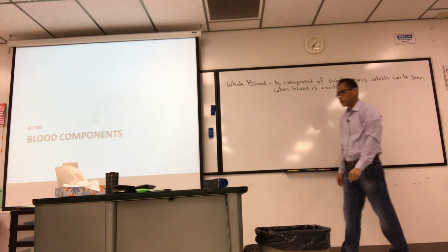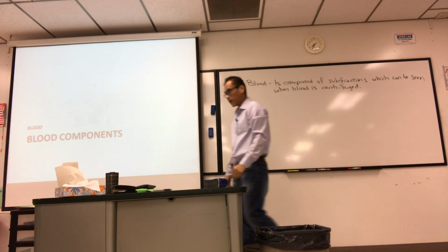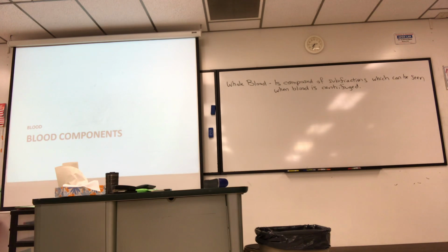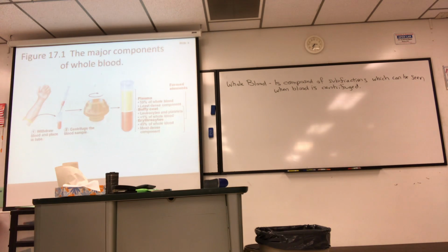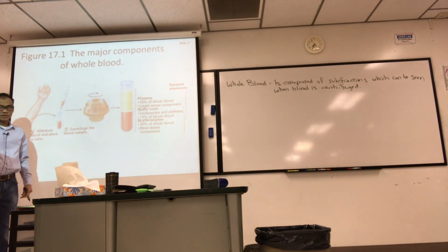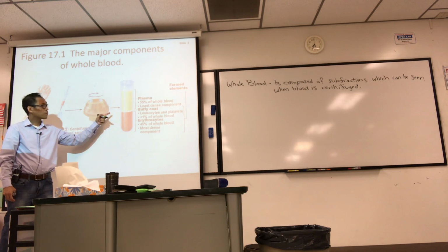Blood is centrifuged. You spin it down. Next slide shows that. Take a blood draw from the cubital vein there. And then it doesn't take long. I mean, I've done this. You just spin it at 5,000, 6,000 Gs of force for about 5 minutes. And then you can see the fractions of blood here, which include